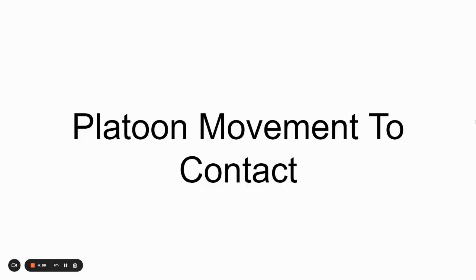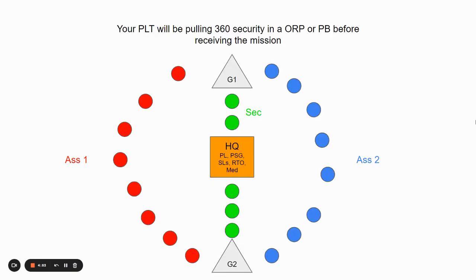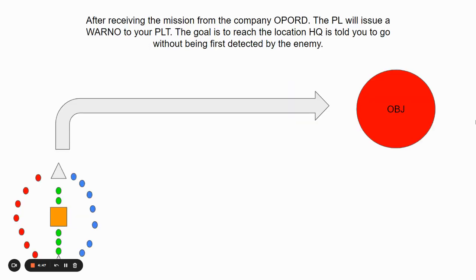In this video, I'm going to show you how to conduct a platoon movement to contact for Army CST. So the first thing is you're going to be pulling 360 security on an ORP before receiving the mission. Once you know that it is a platoon movement to contact mission from the company op board, the PL will